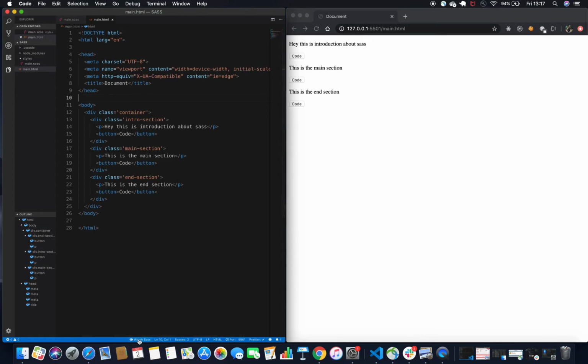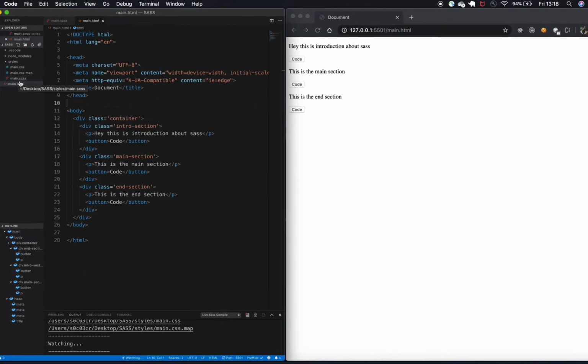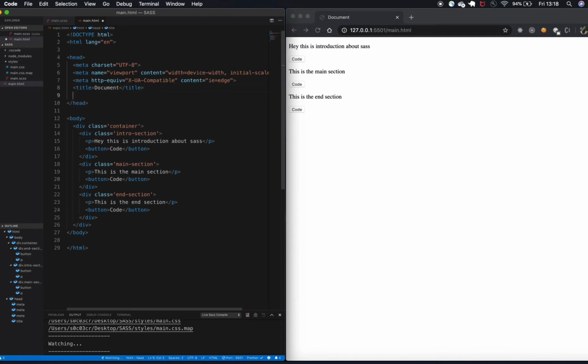So you can go ahead and click on this watch Sass option. This is going to create a file called main.css. We had the .scss extension, and what this compiler did for us is create main.css. Whatever code we write in SCSS is going to get converted to basic CSS, which we will look at later. But this CSS file is what we should be linking inside our HTML file. So let me put the link, and inside my styles folder I'm going to link main.css.